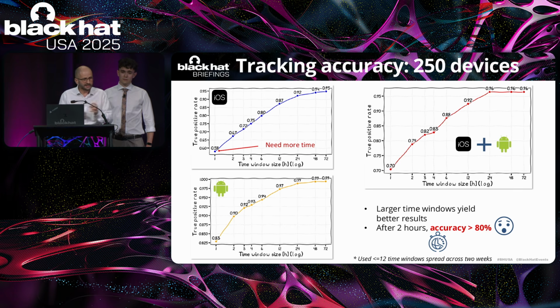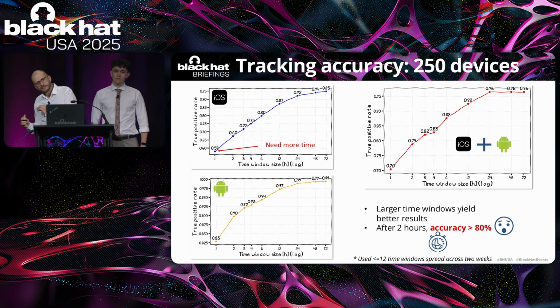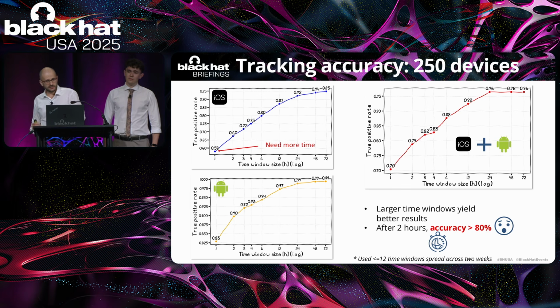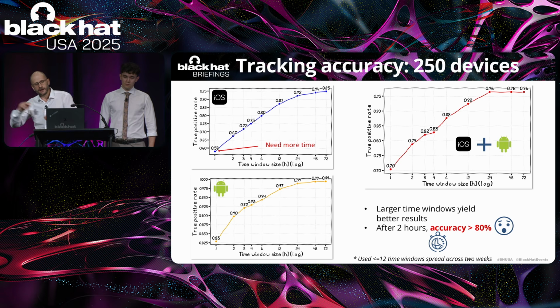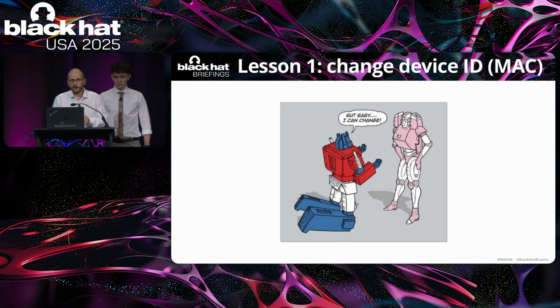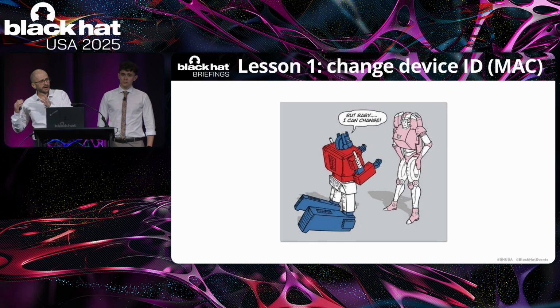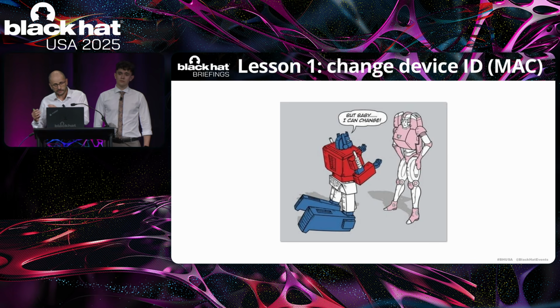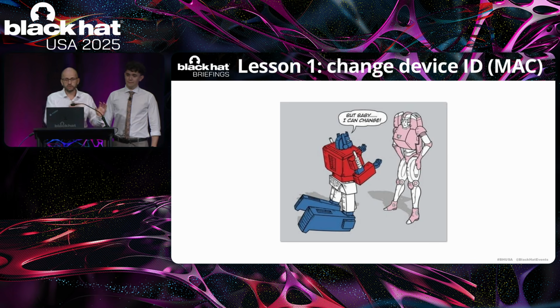This means that the more you stay online with the same identifier, the more DNS traces you will generate, and this will improve and have a positive impact on the tracking accuracy. After 2 hours, as we can see here, we have reached a staggering accuracy, I believe, above 80%, which is very, very good. And we topped out at 96%, which is excellent. Now, what this means is that changing our identifier is good, to give as little time as possible to associate traces to a certain device